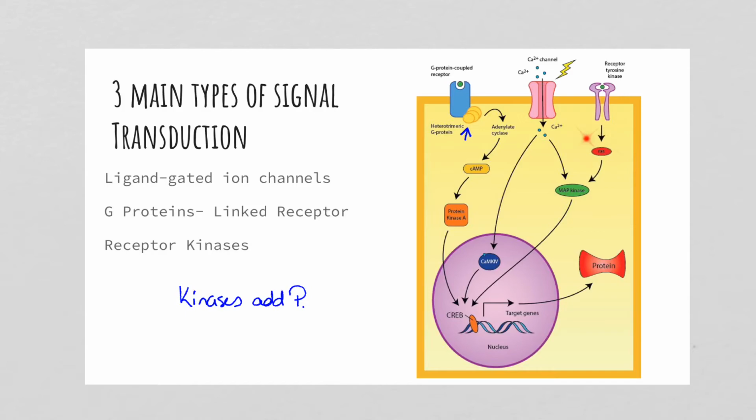And the last one are the receptor tyrosine kinases. These are the ones that I always joke around with. They remind me of the Wonder Twins because they start off separate, but once they bind the ligand, they come together and they phosphorylate each other. So it's not shown here, but they end up activating each other. And that activation eventually causes, again, a second messenger to get activated and change the DNA so that we're making a protein to either stop or start another function in the cell.